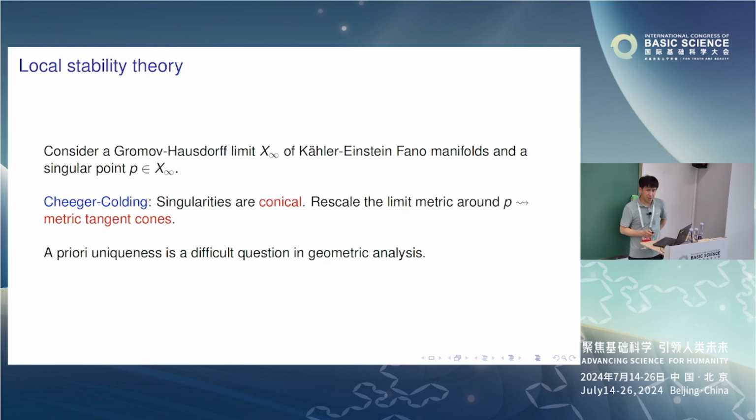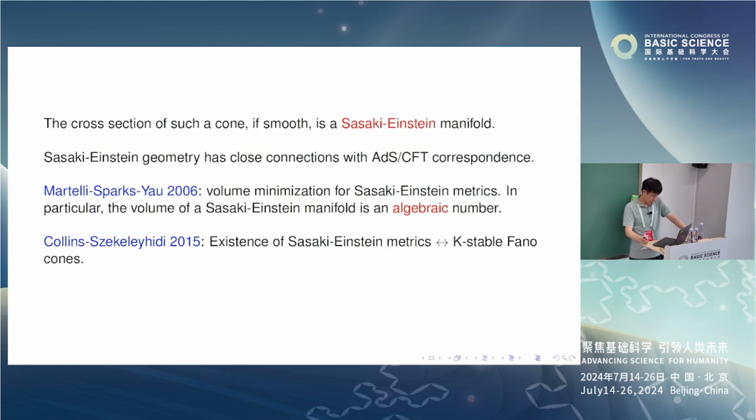So this is about the algebraic singularity. We consider the Gromov-Hausdorff limit of Kahler-Einstein Fano manifolds and the singular point. From a metric point of view, Cheeger-Colding theory tells us that the singularities are conical. So if you rescale the metric around the singularity, you see these metric tangent cones. Of course, in general, it's not necessarily unique from geometric analysis. And the cross section of such a cone, if this cone has smooth cross section, is a Sasaki-Einstein manifold, and this has close connections with physics,